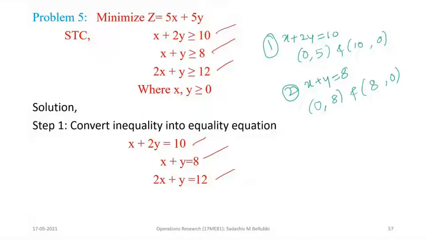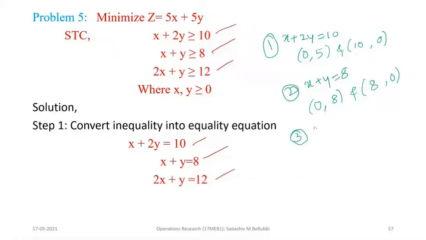Why we need to find the two coordinates is that we need to draw the straight line. In order to draw any line, we need 2 points. So in the graph, we need 2 coordinates. That's why we find the 2 coordinates to draw the straight line. A straight line may be either a horizontal line, a vertical line, or an inclined line.